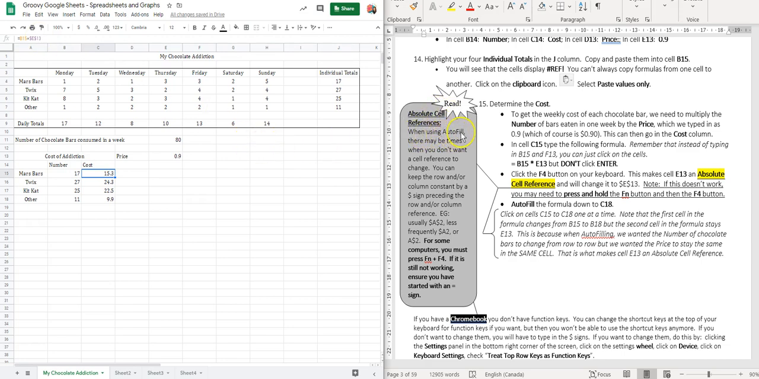So when using autofill, there may be times when you don't want a cell reference to change. You can keep the row and/or the column constant by putting a dollar sign preceding the row and/or column. So for instance, $A$2,